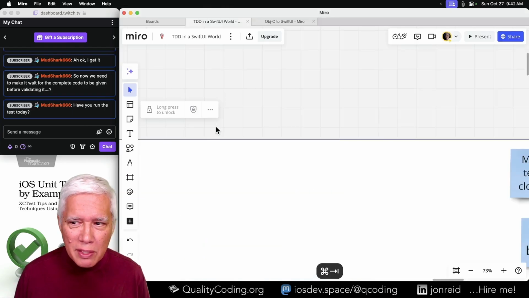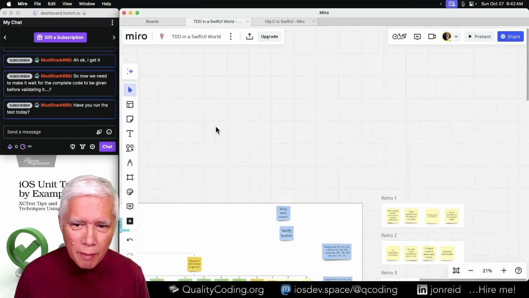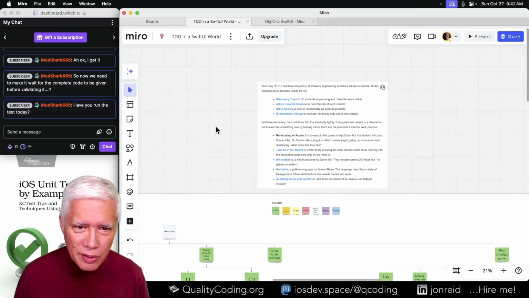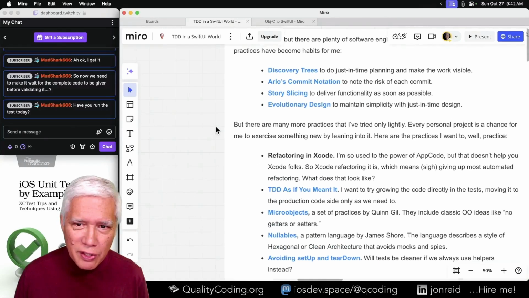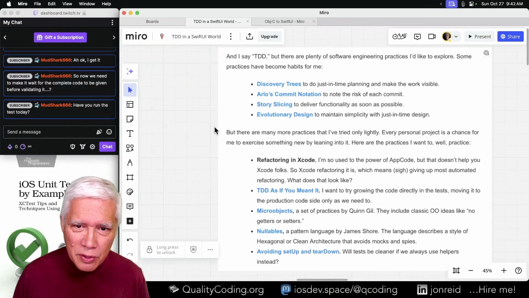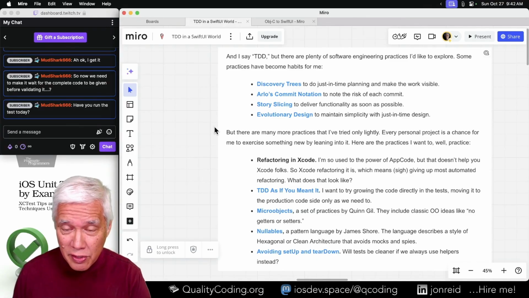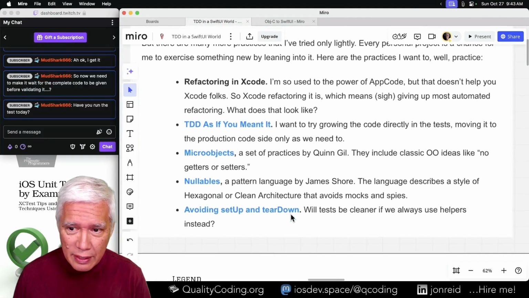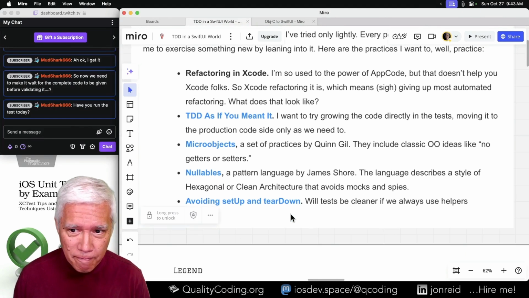So one thing that makes me hum about getters and setters, as I was reviewing some of my notes about what I wanted to do in this series, and one of those is micro objects, including the classic OO rule of thumb that there are no getters and setters.